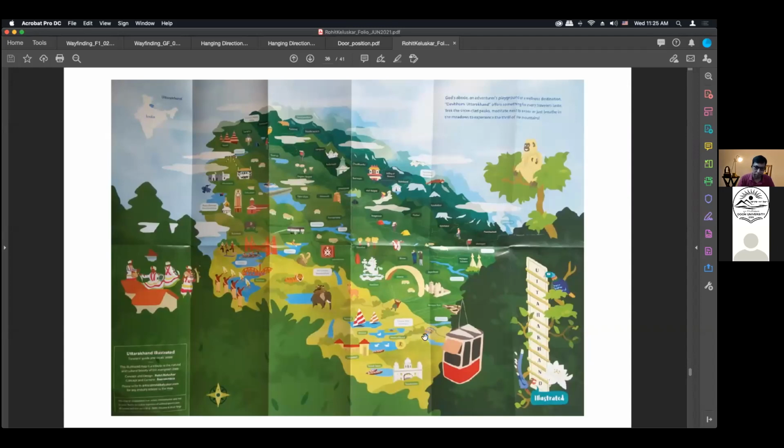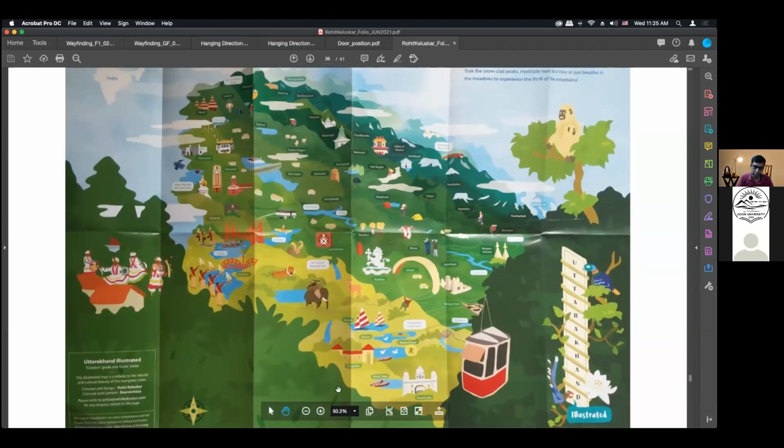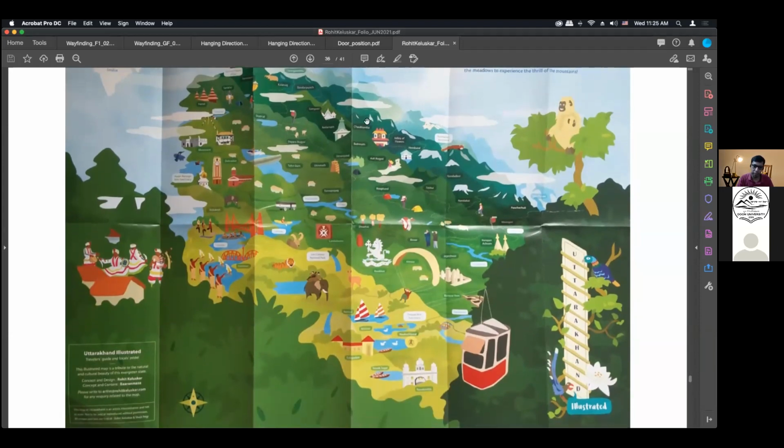Another thing is, if you see this map, as the altitude of the state of Uttarakhand increases, the colors change. I have simplified the information, and that is trying to add value to this map. From light green to dark green and then to blue. As it changes, the altitudes are different.